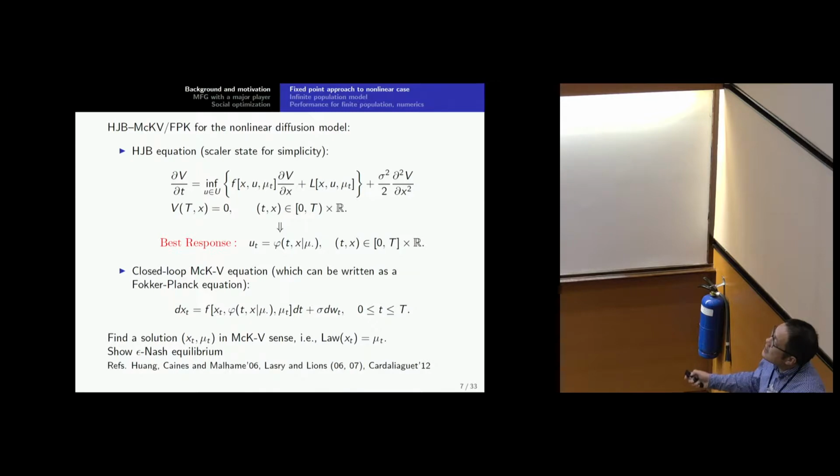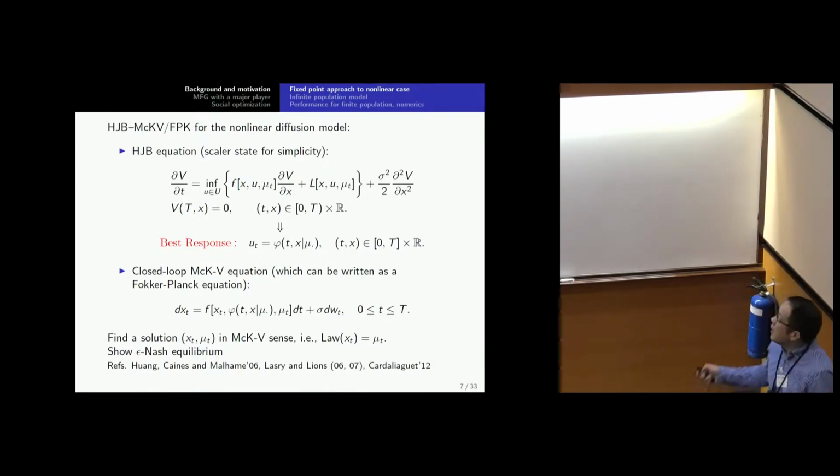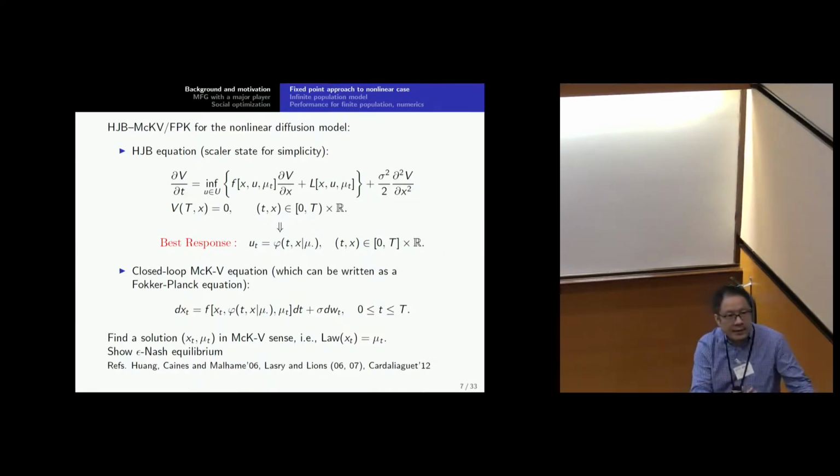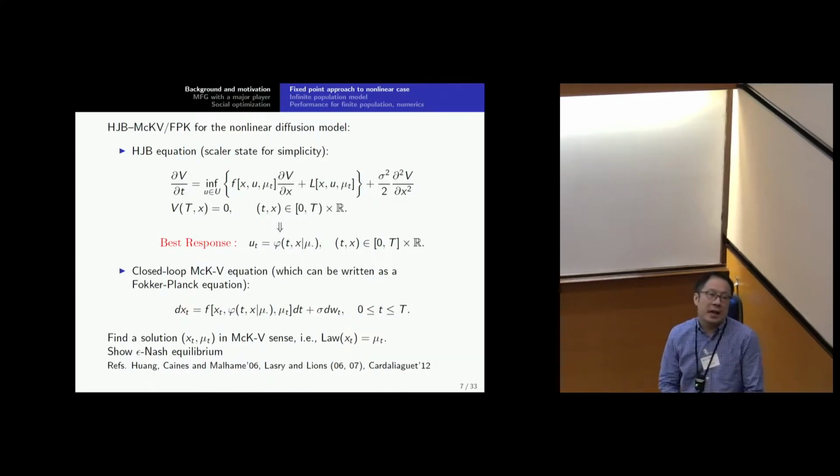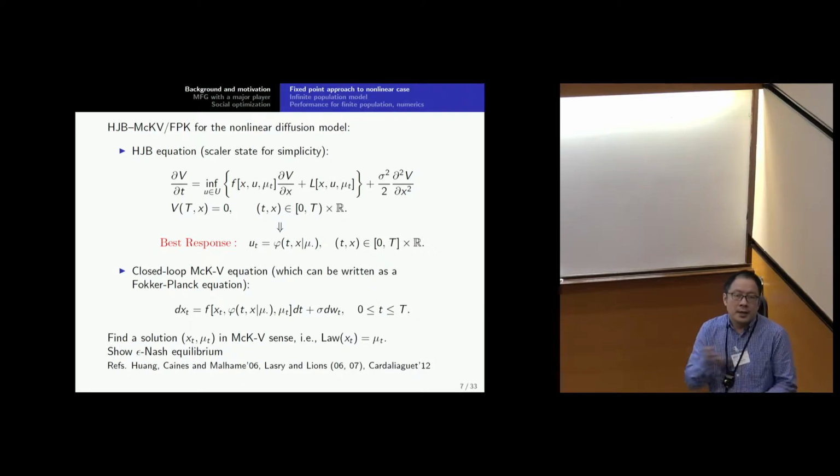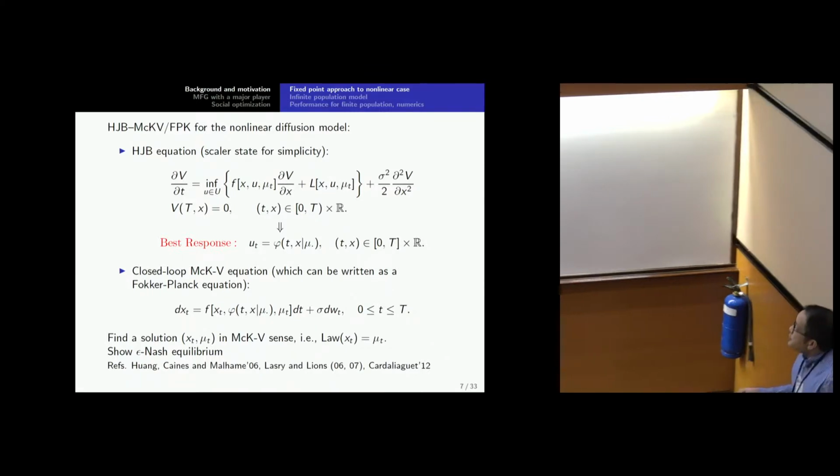One is a dynamic programming equation for optimal control. The other is just a mechanism for us to propagate the mean field. It tells us how the mean field evolves with time. So this is the solution for the